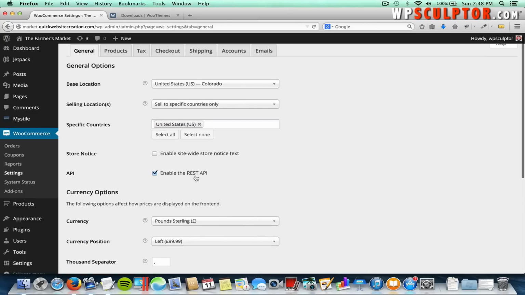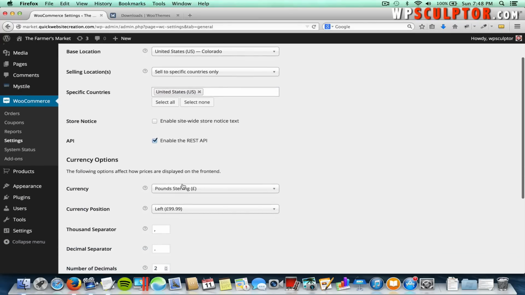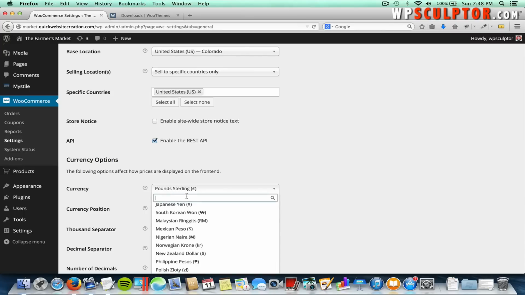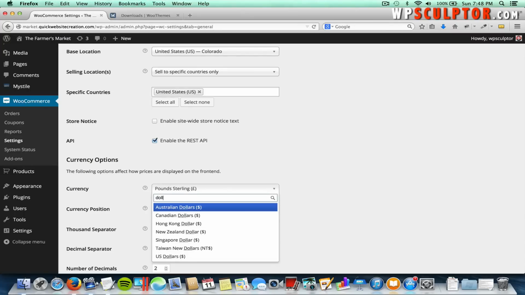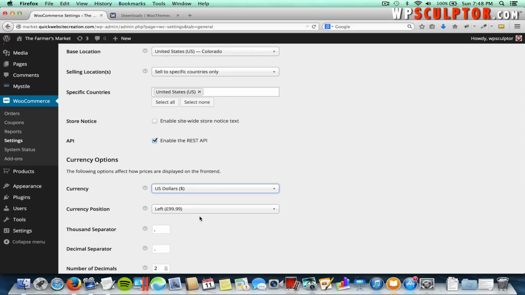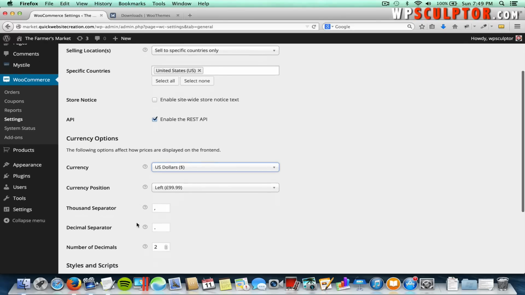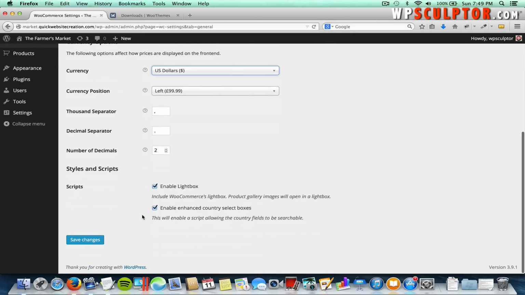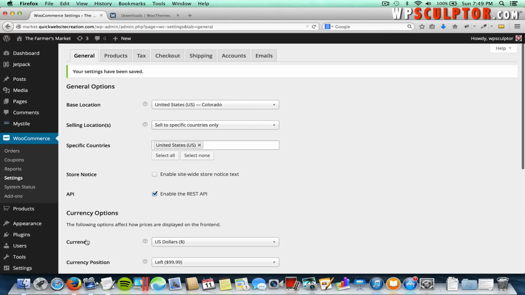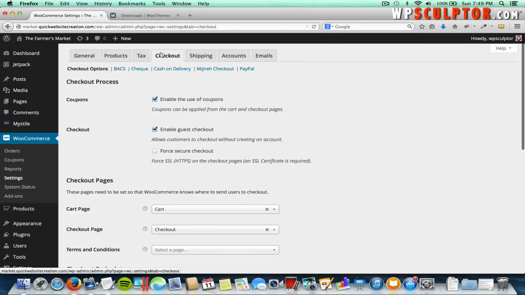And scroll down and make sure you set your currency. In my case, it's going to be the dollar, and that's US dollars. And then you can play with these options if you need to. Most of the time the default will work fine. Then you're going to scroll to the bottom and make sure to click on Save Changes so that these changes take effect. And the next thing I want you to do is click on the Checkout tab